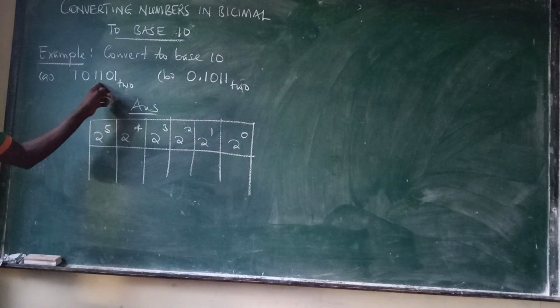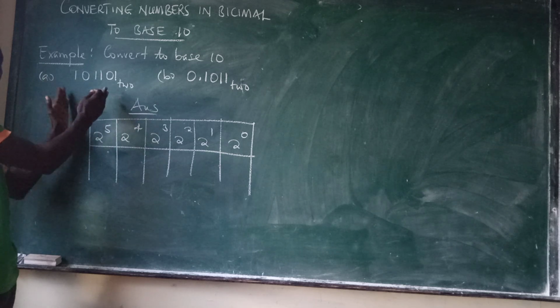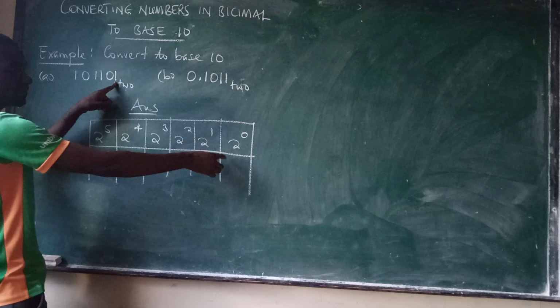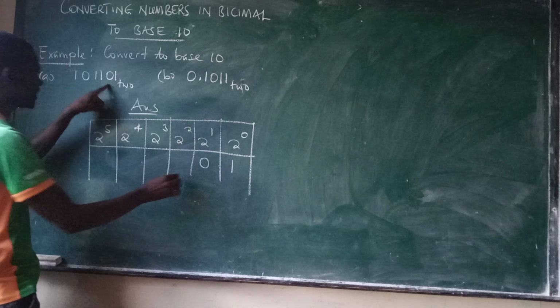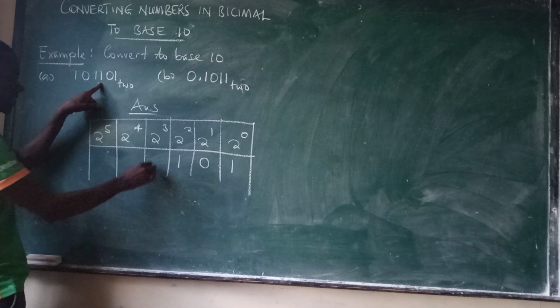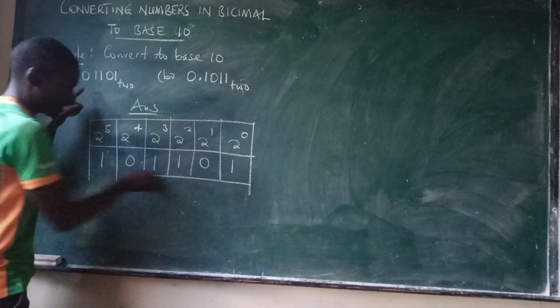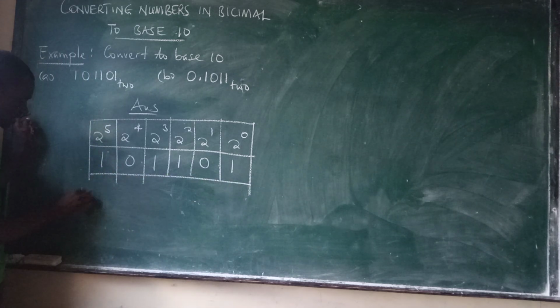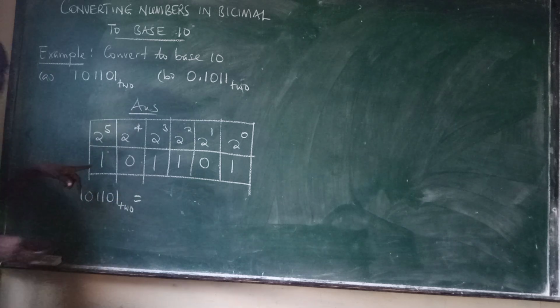Then all these numbers, we place them according to the place values. These are the place values when we are in base 2. So this one, the place value is 2 power 0, so we'll put it here. The 0 is here. 1 is there. Another one, 0, and 1. So using this table, it follows that 1, 0, 1, 1, 0, 1, base 2 is simply equal to,